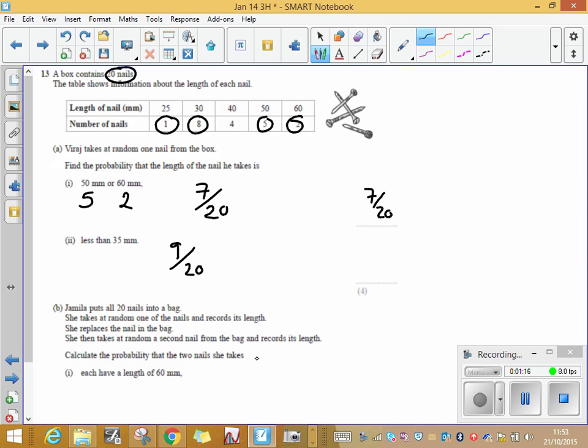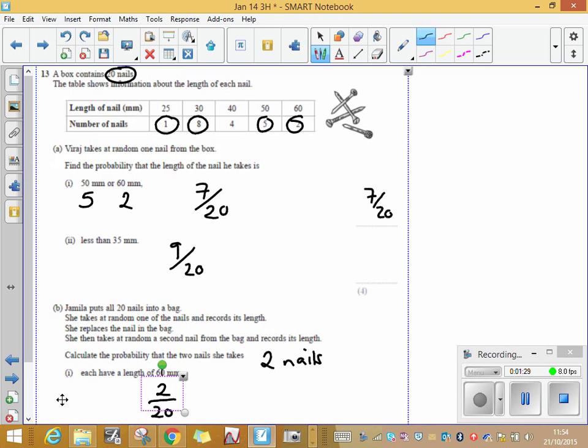Well, there are 2 nails in the bag which are 60 millimeters long. So the probability that the first nail that she takes is 60 millimeters long is going to be 2 out of the total number of nails, which is 20. Now, if we're working out the probability of the first nail and the second nail both being 60 millimeters long, we are going to multiply. And in this case, we are told that the first nail is replaced in the bag. So the probability that her second nail has a length of 60 millimeters as well is still going to be